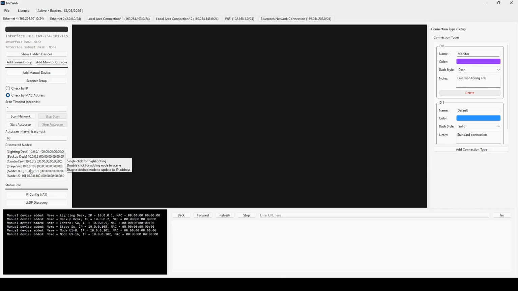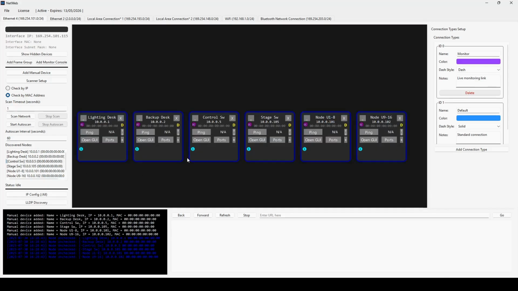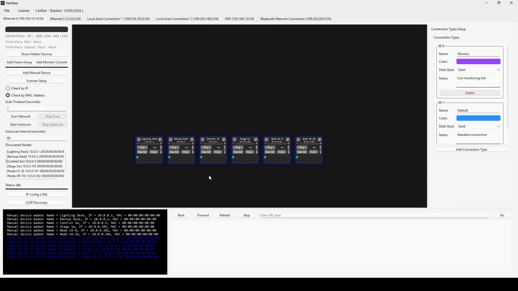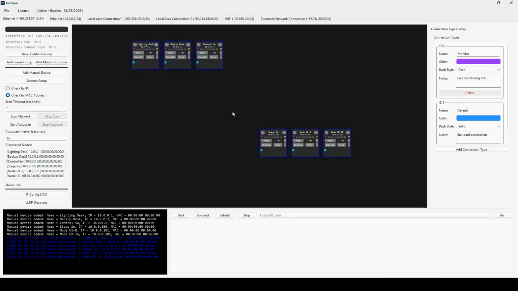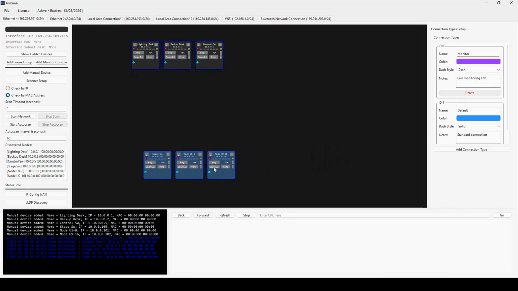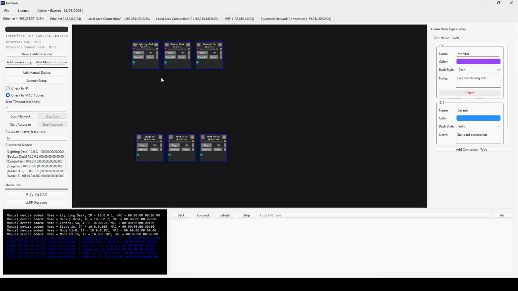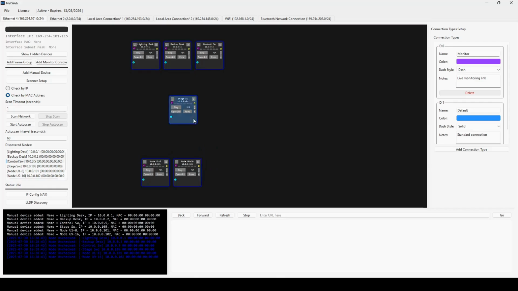I can now add all of them to the scene. So I right click anywhere in the list and add all of them to the scene. So now all devices have been added here. I can move them around, so I can, for example, move these control devices here and these nodes down here. Great. Since I will be using the switches to connect both parts of the stage, I will simply do this,